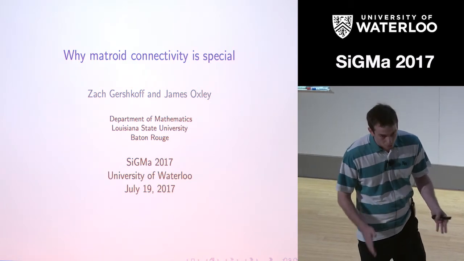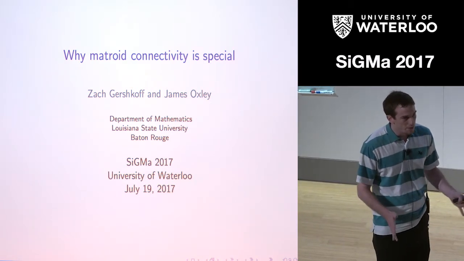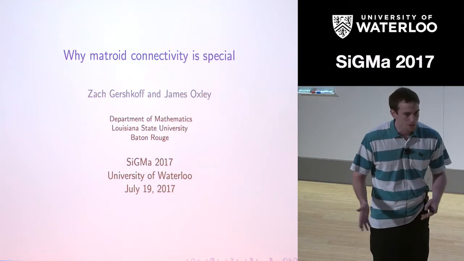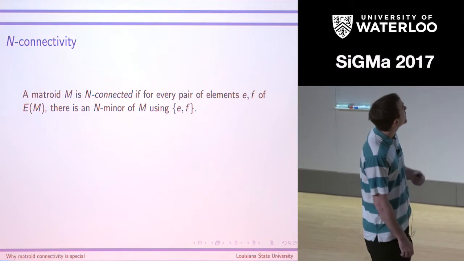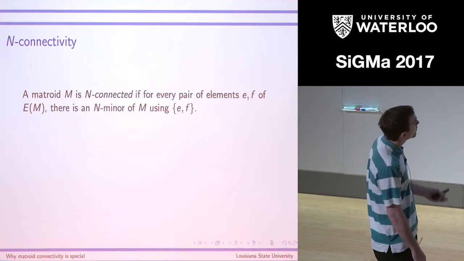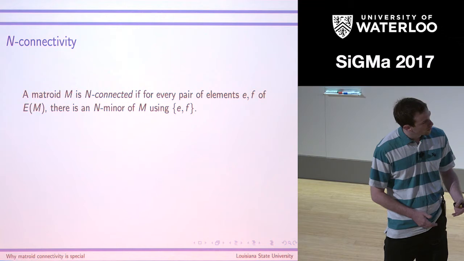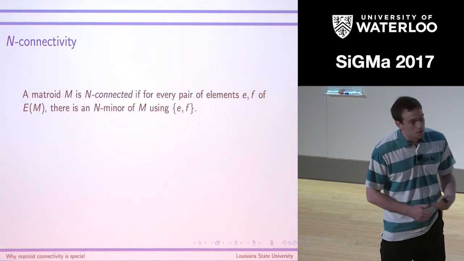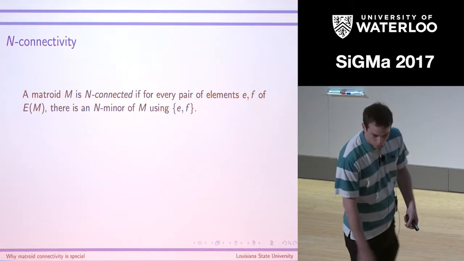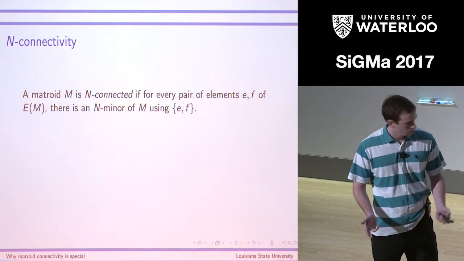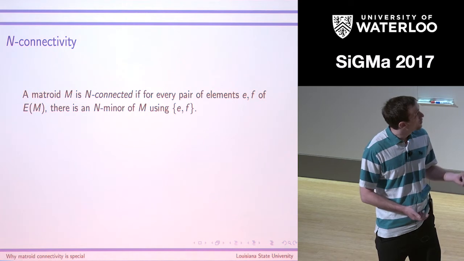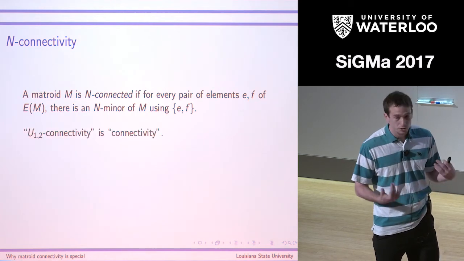So what I've been doing with this project is I've been working with this concept called N-connectivity. Now this is N-connectivity with a capital N, not a lowercase n, so you can put the other one out of your mind. A matroid is N-connected if for every pair of elements, there's an N minor that uses them. So like I was saying with U12,